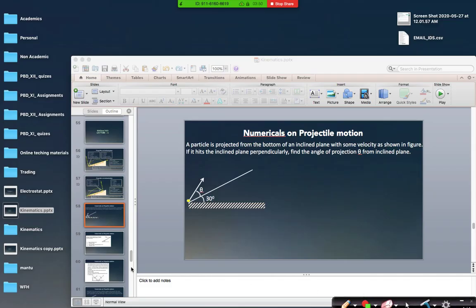The equations of motion in one dimension are very simple. It is a differential form that you can always write: acceleration is equal to dv by dt, right? You need to remember all these equations always. These equations are always helpful. So for a variable acceleration, you should remember these equations, that ds by dt. What is ds by dt? Can anyone tell me? Velocity. ds by dt is velocity and dv by dt is acceleration. Yes or no? Yes, sir.